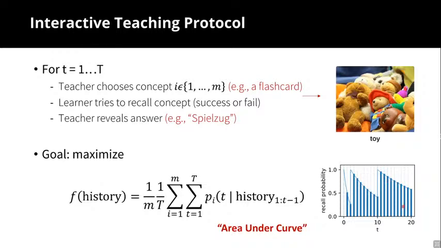So for item i, the utility that the teacher or learner gets towards the end is modeled by the area under the curve. Then we sum over all the items. That is our surrogate function we want to optimize. In the extreme case, the learner performs extremely well and remembers it perfectly every time, and we get the absolute maximum area under the curve for that particular concept.